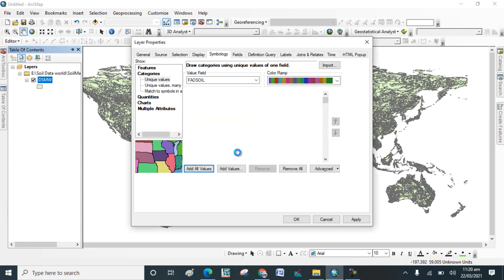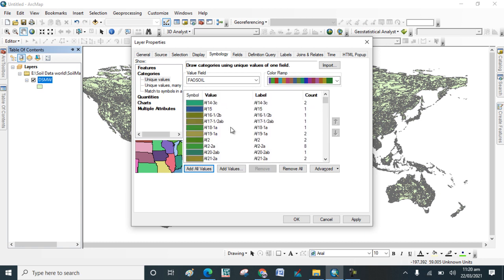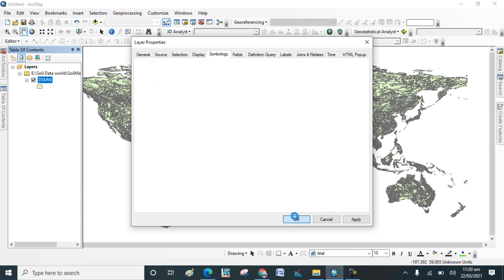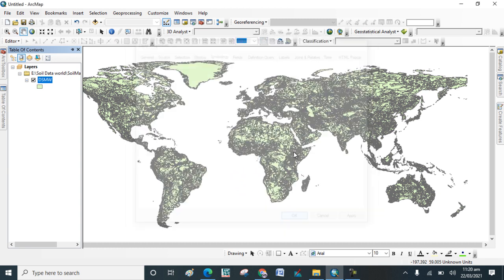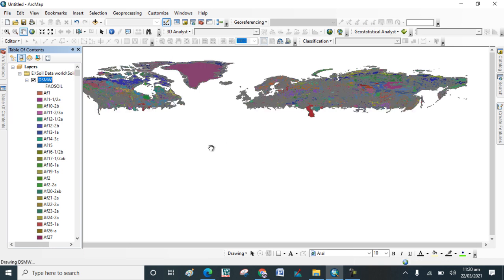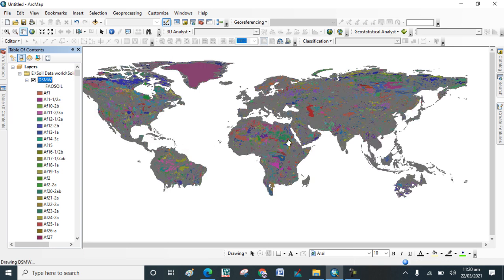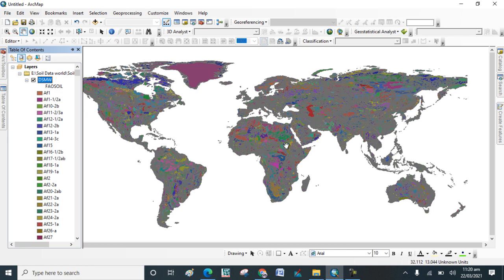Okay, wait for that, it will take some time. Now you can see that. Click on OK. Here you can see that the world map is labeled with the different soil types.